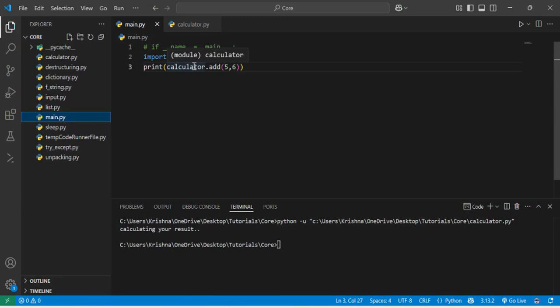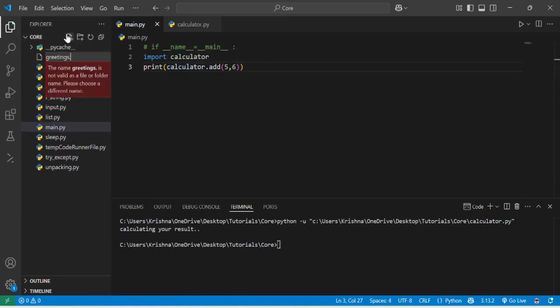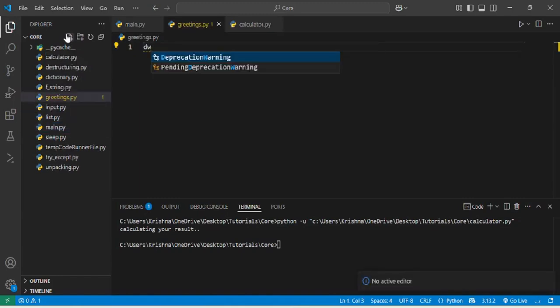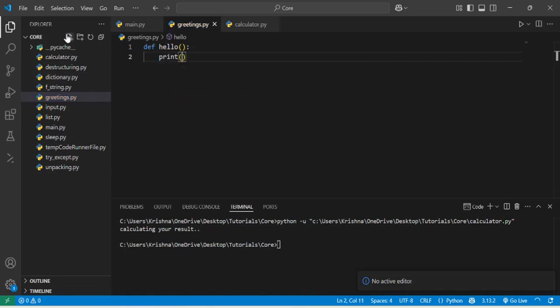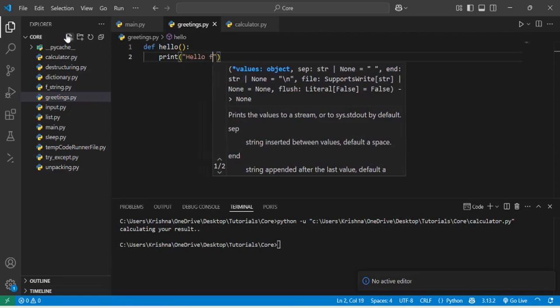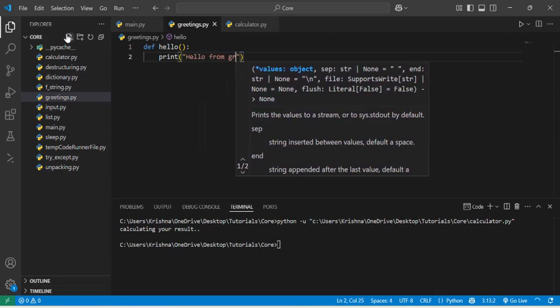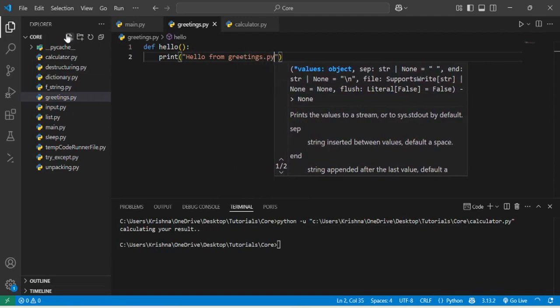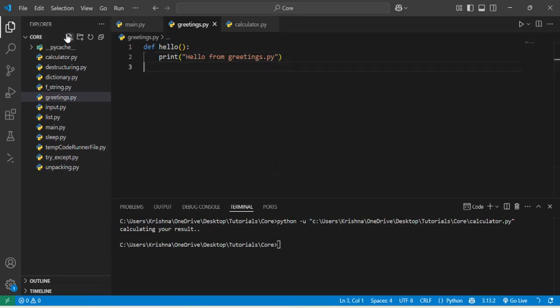That was a simple example, but let's take another example. Let's make a file greetings.py, and I am making a function def hello, in which I will just print "hello from greetings.py". And I am setting if __name__ == "__main__",